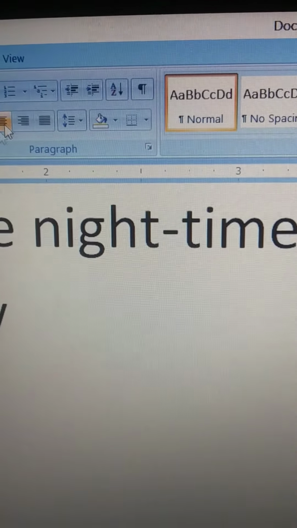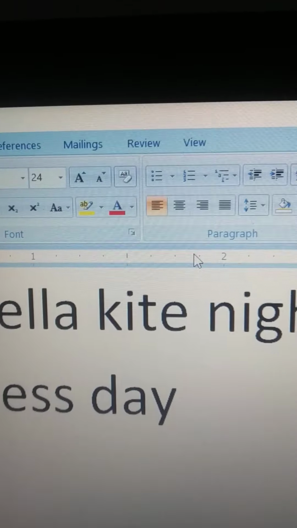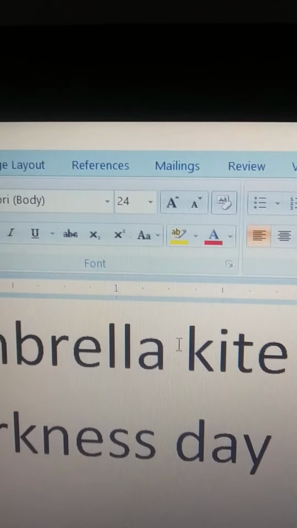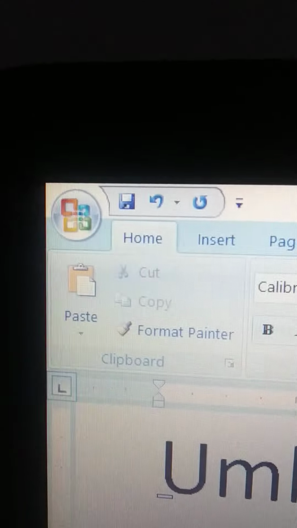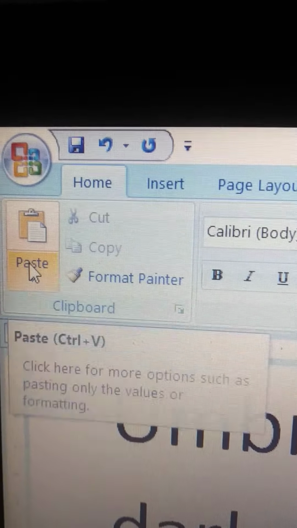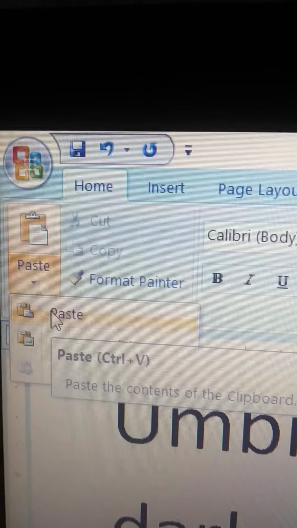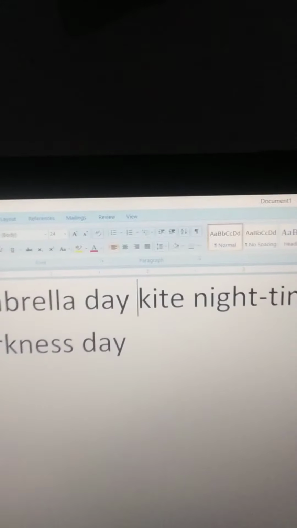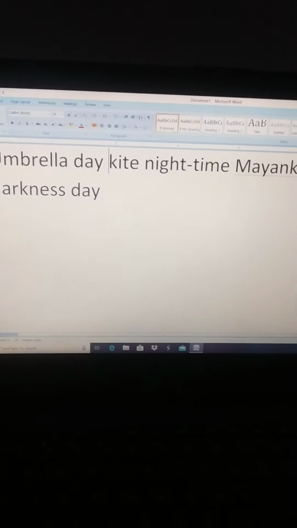Suppose you want it here, between umbrella and kite. Click here, then go to the Home tab, then click the paste option. So by the use of the thesaurus option, you can get synonyms and antonyms of the word.